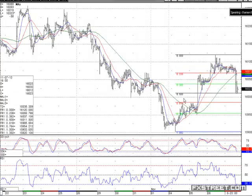There you go. So that's why people are covering here. And that's why we could bounce up here before coming down lower. So if I was trading an hourly chart, you're selling the break of here, you're buying it back here or here. That's it. But the trouble with trading an hourly chart...